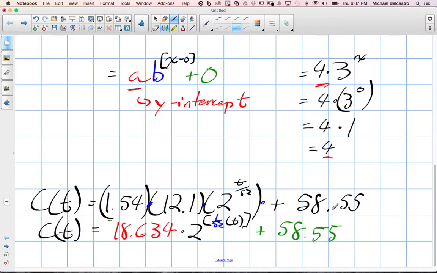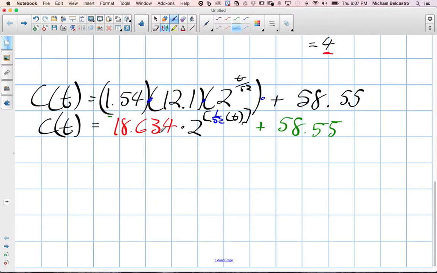So that's going to translate the entire function upwards. So it's important we keep that in mind. Now that we have that, if we were to do a rough sketch of this function here, just using some of the values we have, we remember we said our y-intercept would essentially be our a. So we would originally have an a value at roughly 18.634,